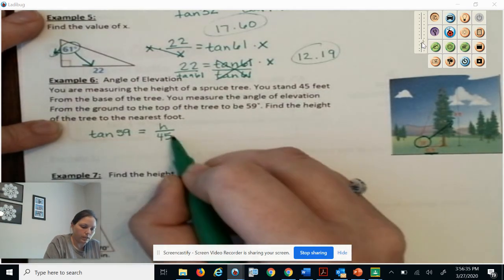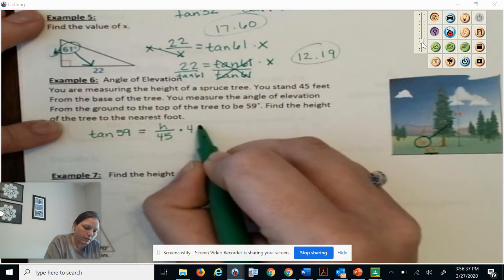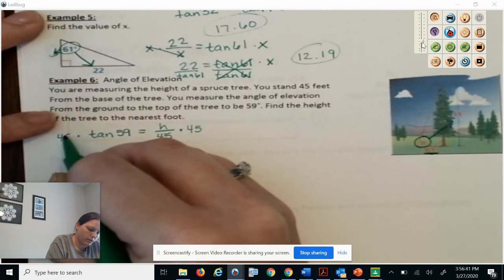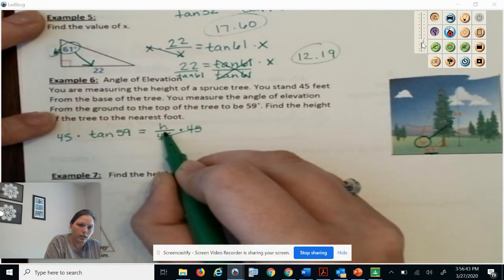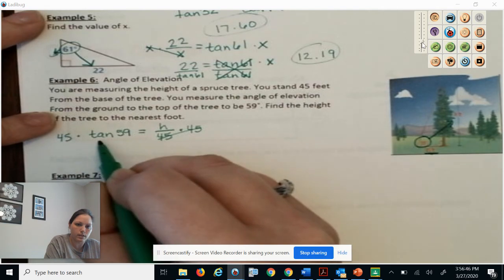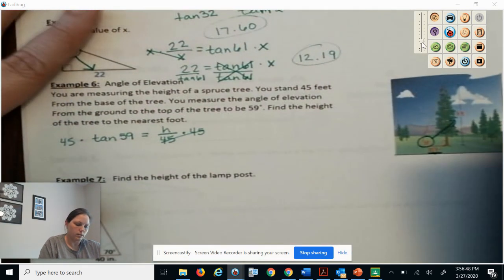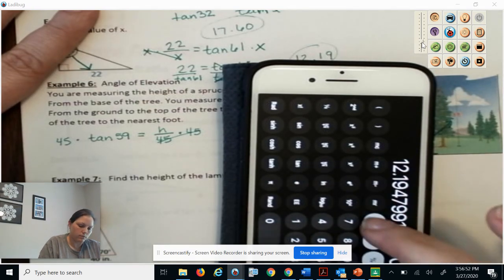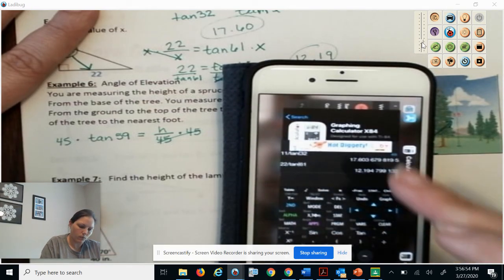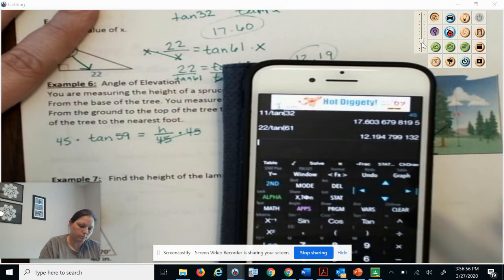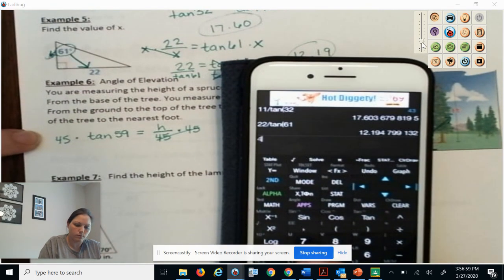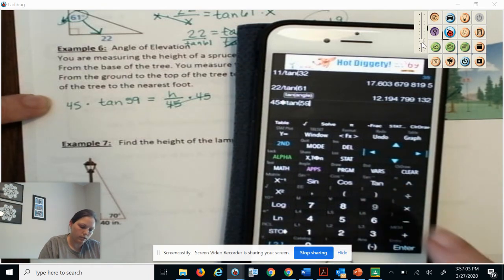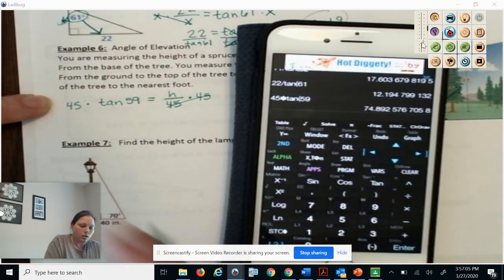Now this time we want to cancel the fraction, so we're going to multiply by 45. That cancels, and we get h is equal to 45 times the tangent of 59. So a little bit different equation there. There we go. Okay, so we're going to multiply 45 times tangent of 59. And we get